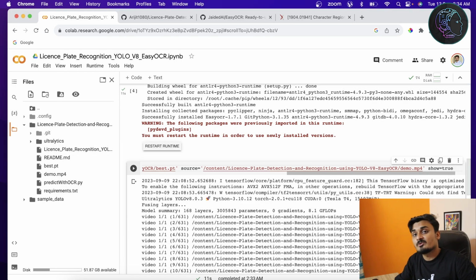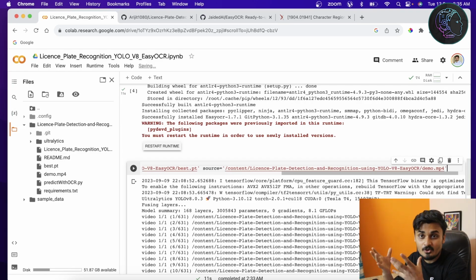Now here it's not going to work because this show equal to true uses a Qt based interface. Now Qt doesn't work in Google Colab, so it's not going to work here. But if you are running in your Windows, Linux or Mac, it's going to work. Obviously Qt has to be installed, but yeah, it will work. Okay,